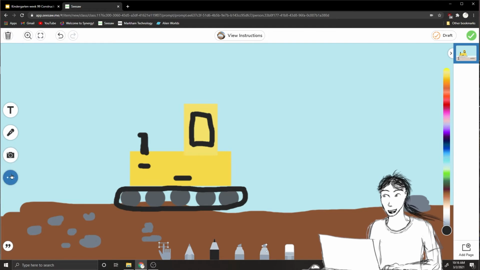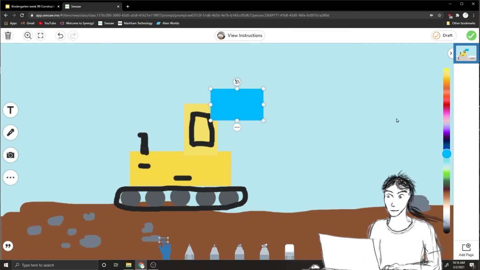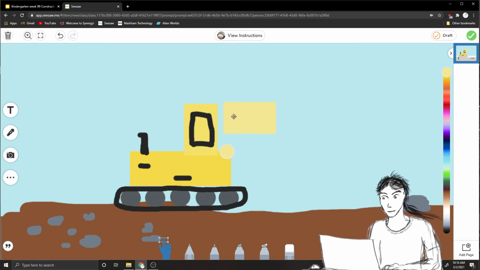And then let's make one last shape, okay? Or maybe a couple last shapes. We'll make another rectangle. And I'll make it orange again, or like that. And I want to make the boom, okay? The boom is great. So I want to rotate it, because the boom on an excavator goes like this. And it goes up. And I'll make another one. And I'll make it kind of about the same size. So you've got to just add a bunch of shapes if you like. And there we go. He's about to dig some rocks.